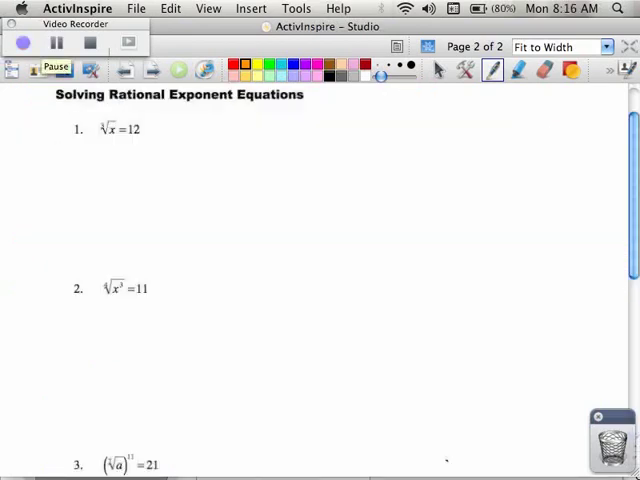Now, in these next 3 examples, we're going to use what we just learned about rational exponents, that means the fractions,